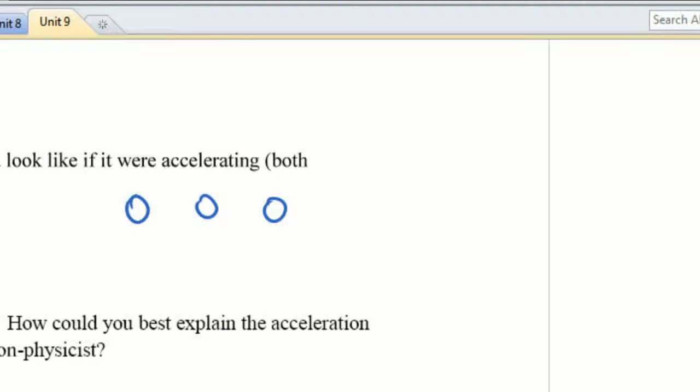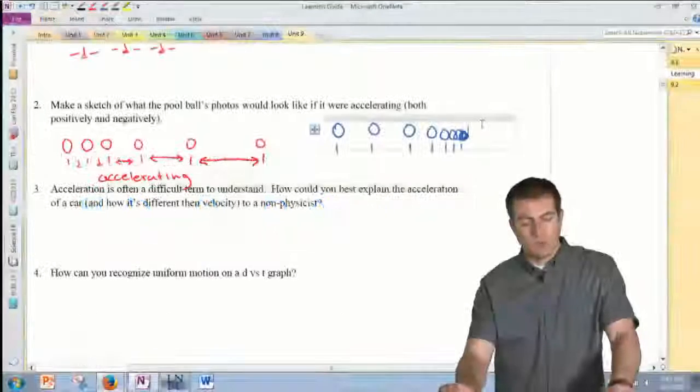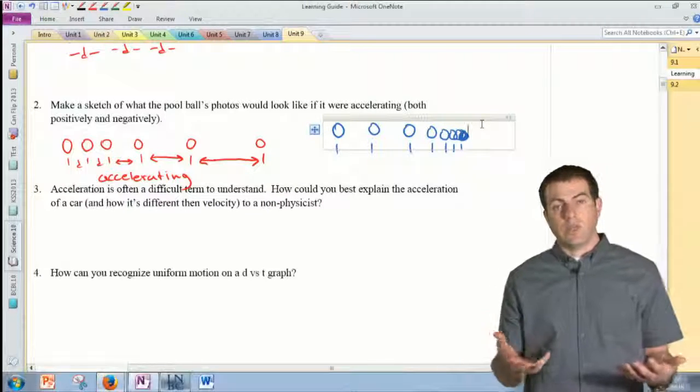All right, so there's an equal distance for those. Then I'm going to draw this one a little bit closer together, and this one a little bit closer together, and this one a little bit closer together. And then the next one would maybe overlap it a little bit. Eventually we'd end up with a big jumbled mess where all of the circles are on top of one another, as if the object had completely stopped. So that's kind of what we'd end up seeing.